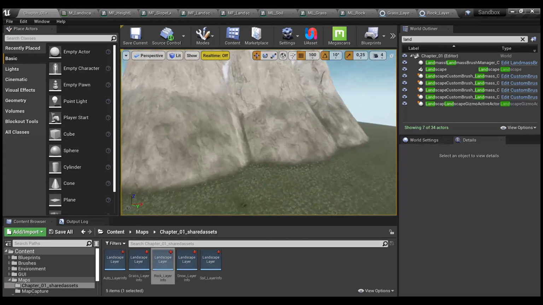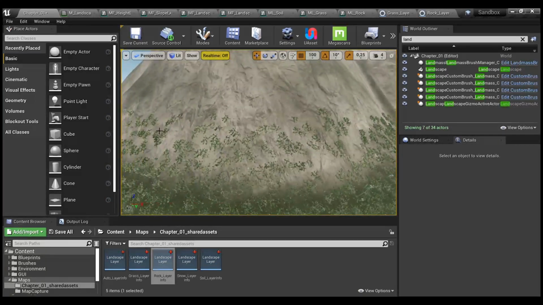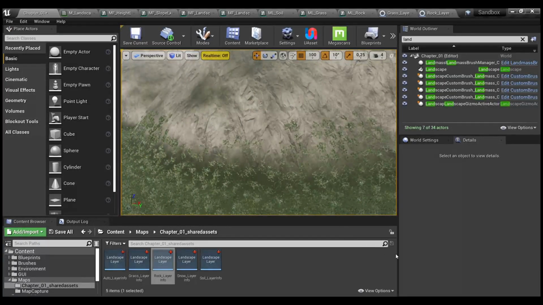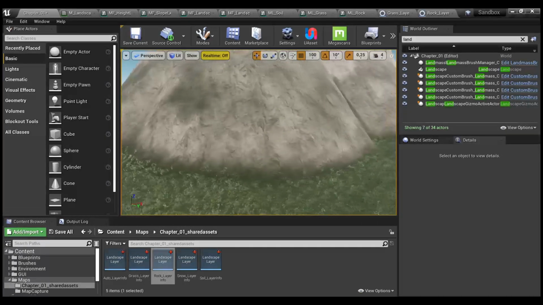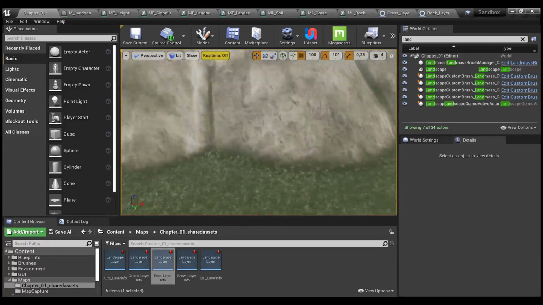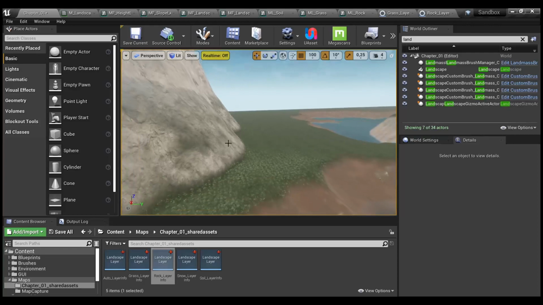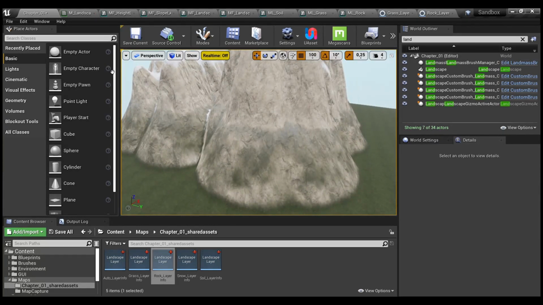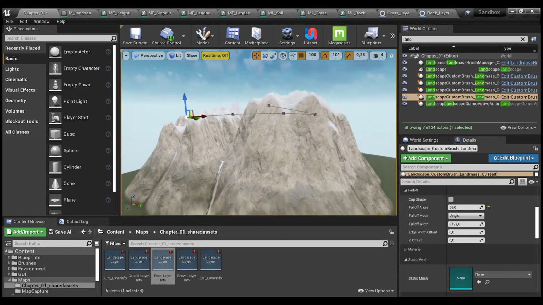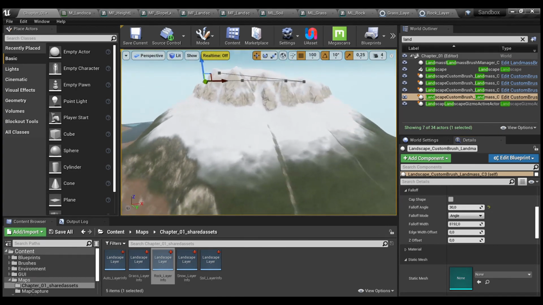Also, if you talk about the grass thresholds that I told you about, right now it's set to 0.5, but if I set it to 0.9, you will see that grass starts growing on our hills. To prevent it, set this value to those where, if the angle is 0.5, it means it's 45 degrees. Everything higher than 45 degrees won't receive our grass. So if we go with something like 30 degrees, here you can see